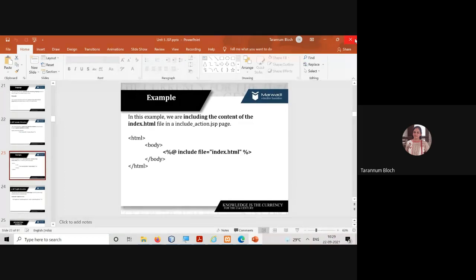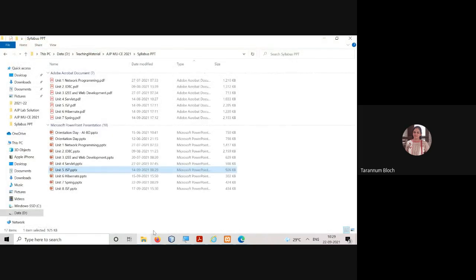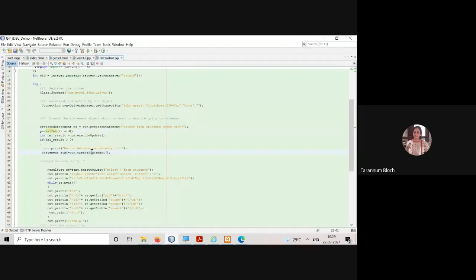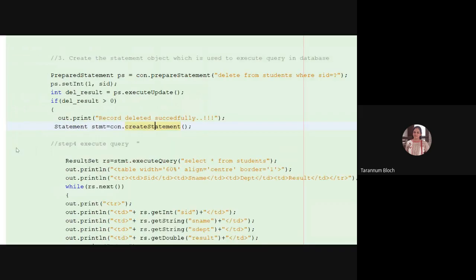Anyway, so you can include that. You can make a connection there. Now I am talking about the delete query. As delete is the DML query, what we will do is we have taken a prepare statement, we set it, and now we are saying ps.executeUpdate, and the result will be an integer variable, so we will be using it.